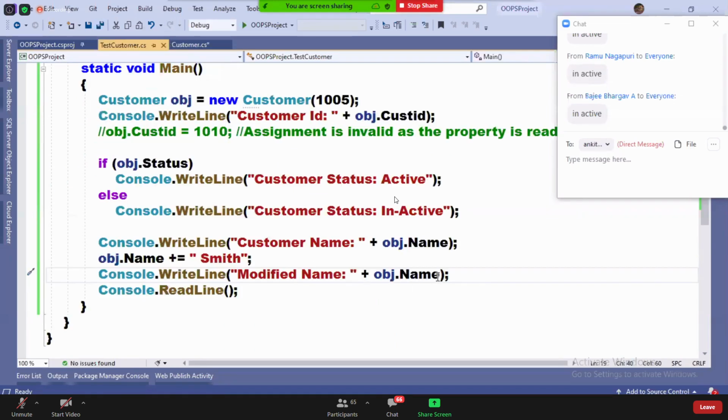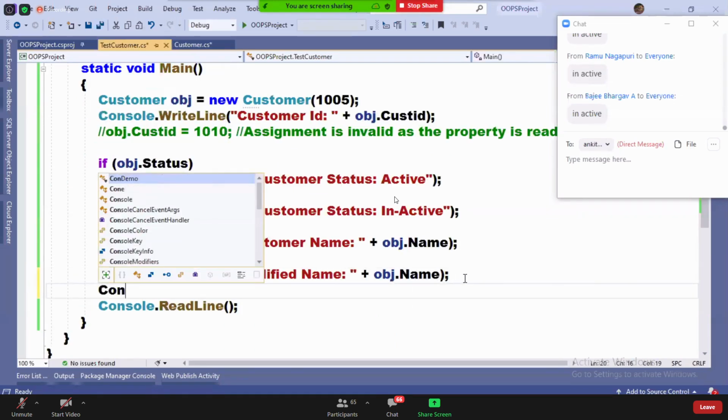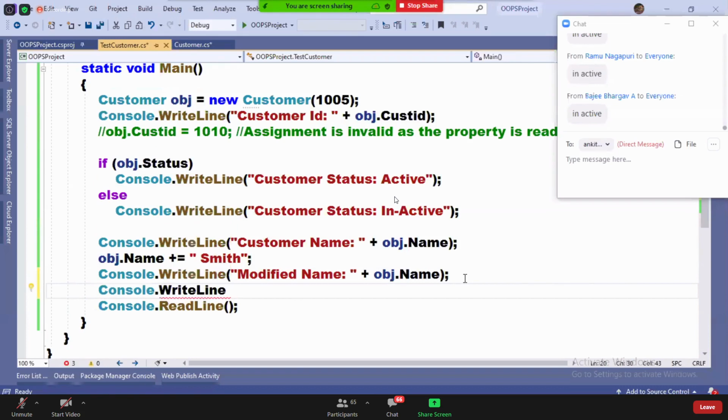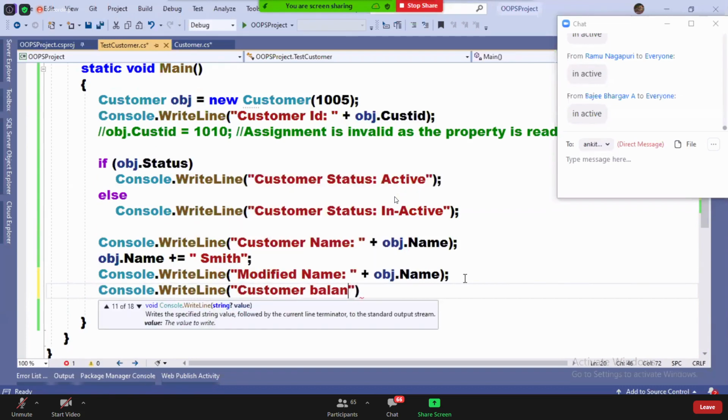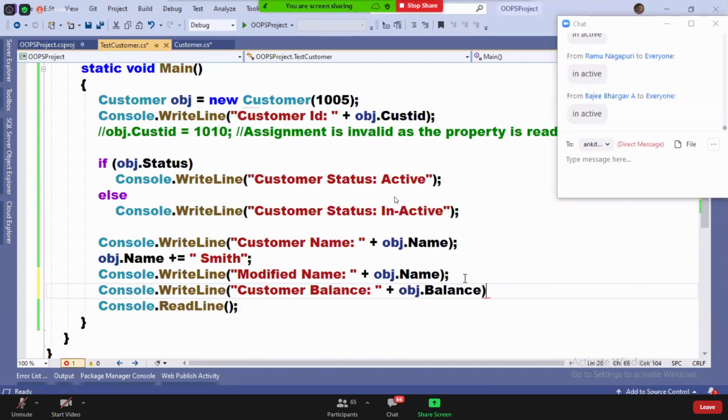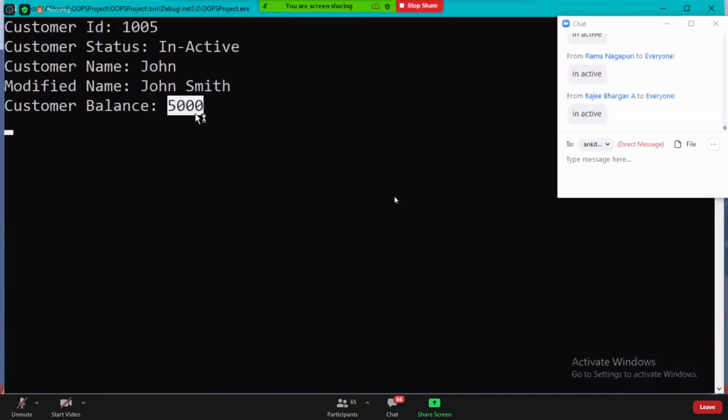Now I wanted to find out the balance value. Console.WriteLine, customer balance, and here I'm writing obj.balance. You can see the balance value is 5,000.